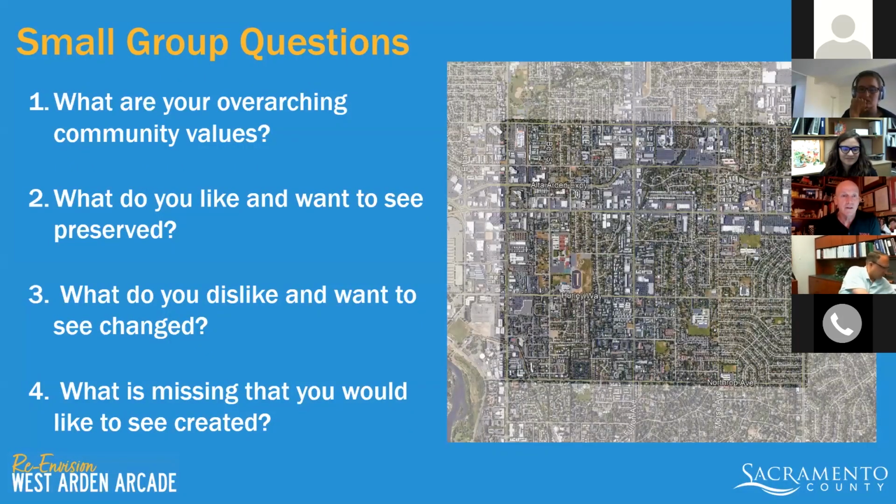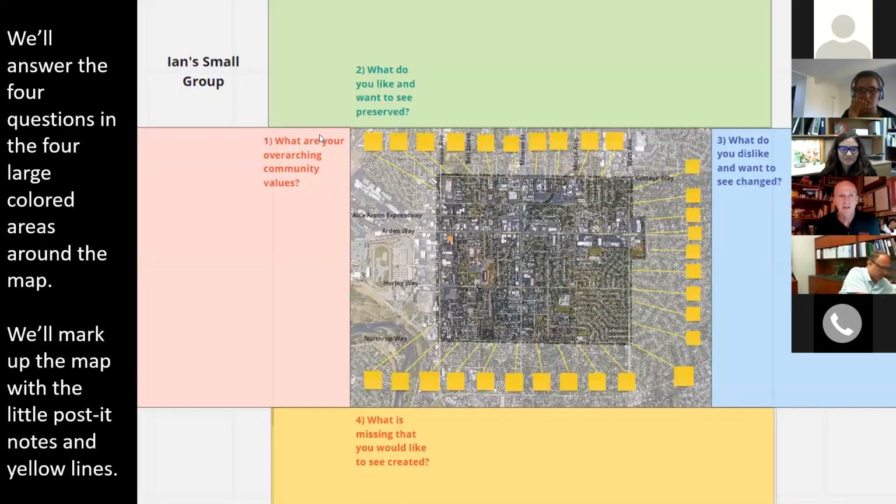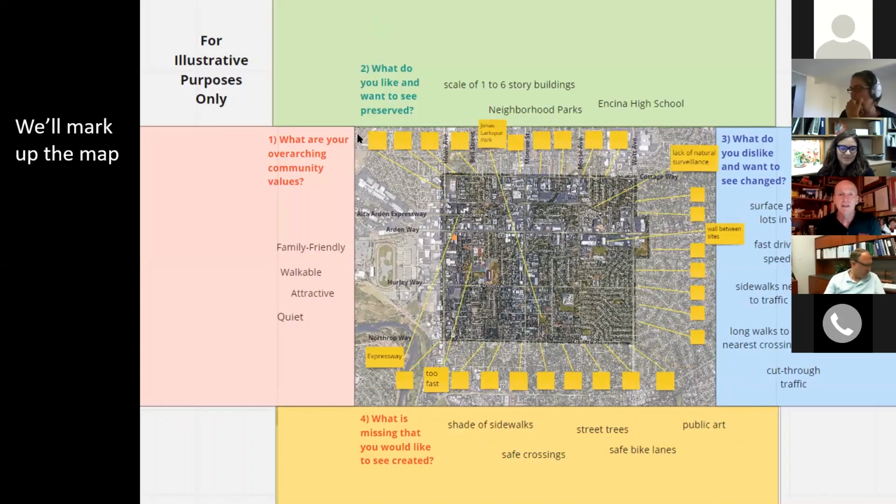So these are the questions. We've gone through them already: the values, what you like, what you don't like, and what you want to change. And so this is what the virtual tabletop meeting looks like. We have a map in the middle, surrounded by Post-it notes, which we can use to make marks on the map itself. And then those 4 large lists we do, what you like, what you don't like, what's missing, and what you want, or your values, are around the edges. And so we can make nice lists with everybody in our group room. So that's kind of like a blank canvas. And this is one that's filled in.